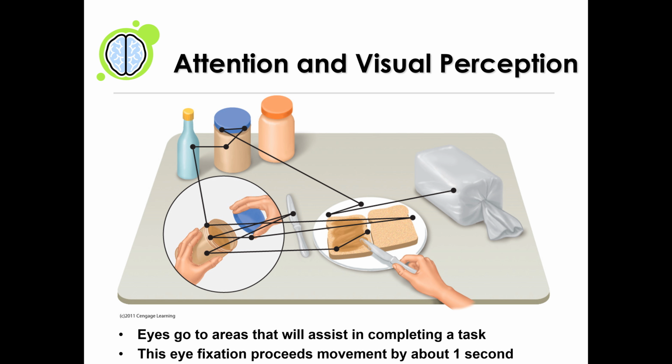So in respect to these fixations, how do you do this when you're naturally interacting in an environment? So if you have to give instructions to make a PB&J, well, here are going to be the fixations, and so on and so forth. So typically what researchers find is that the eyes go to the area,